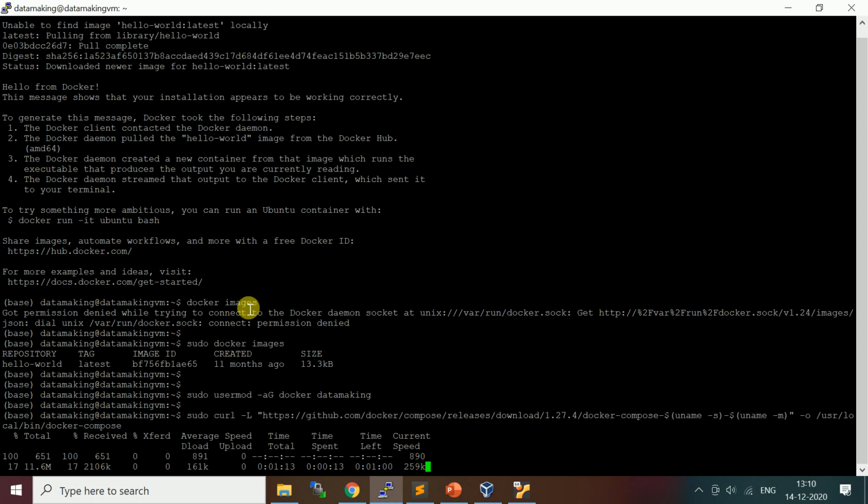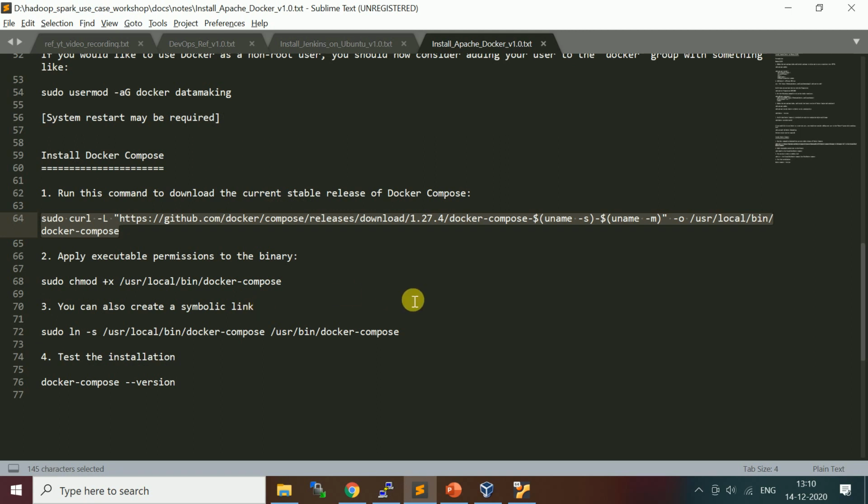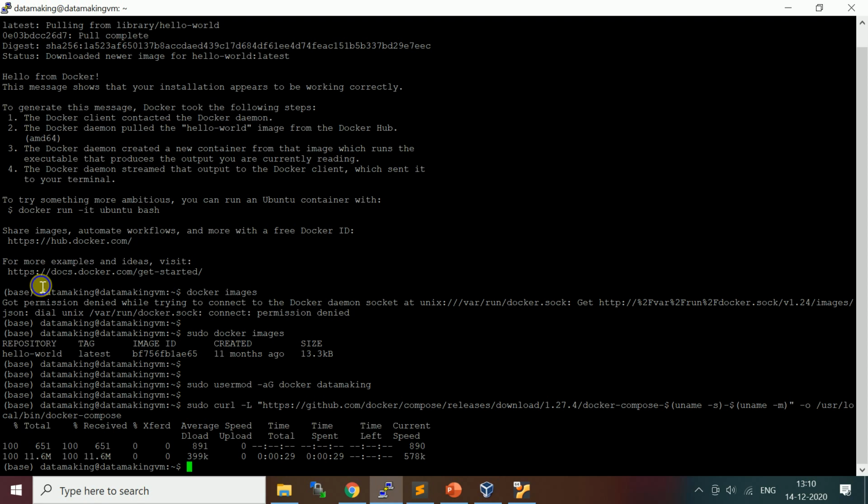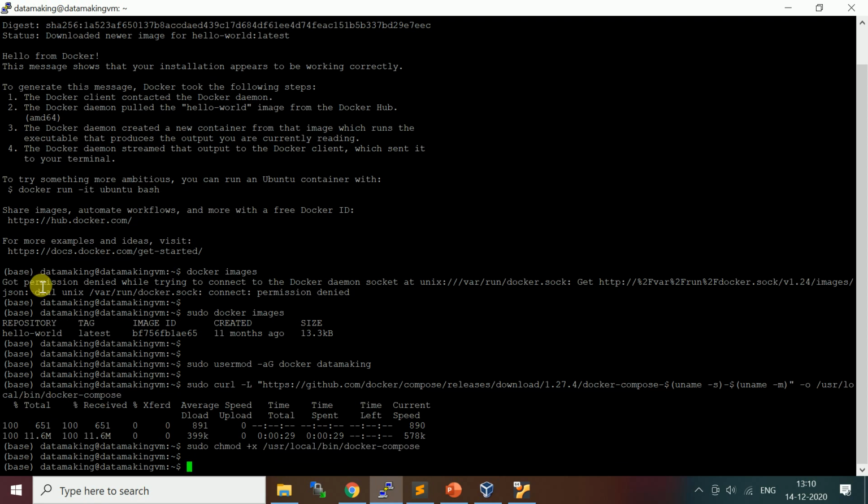It will take some time. Once you download the Docker Compose binary, you just have to set up permission. This is done. I'm just setting permission.